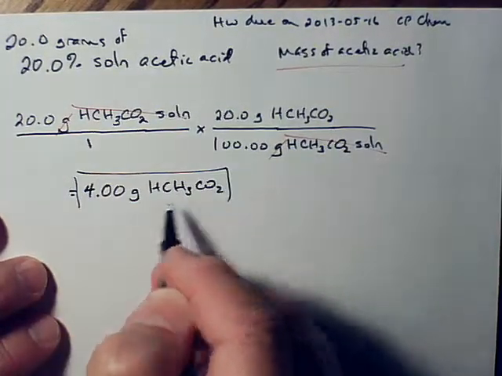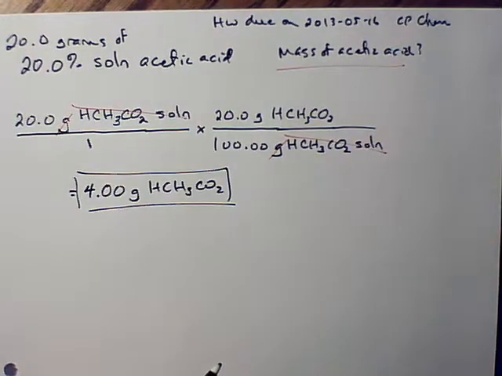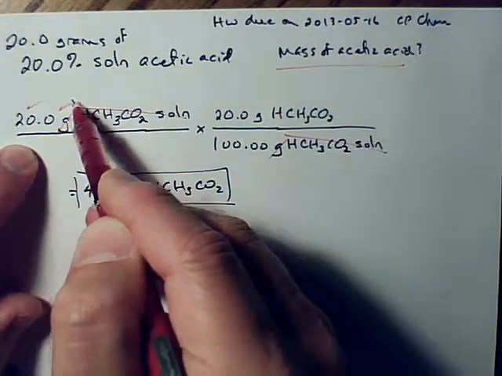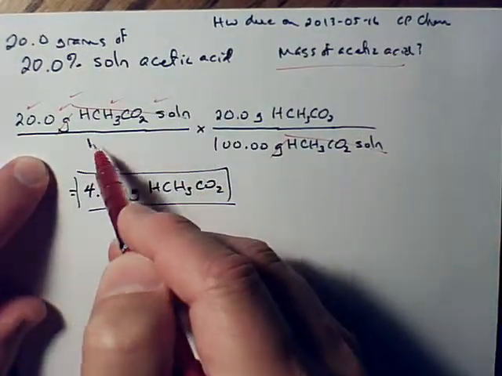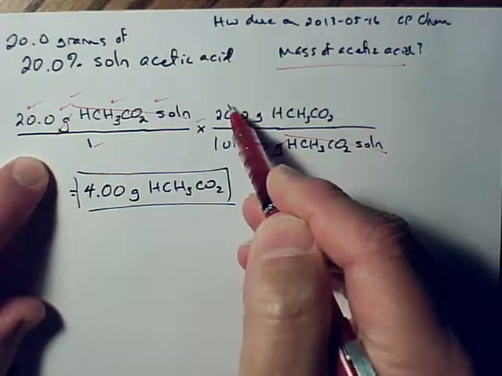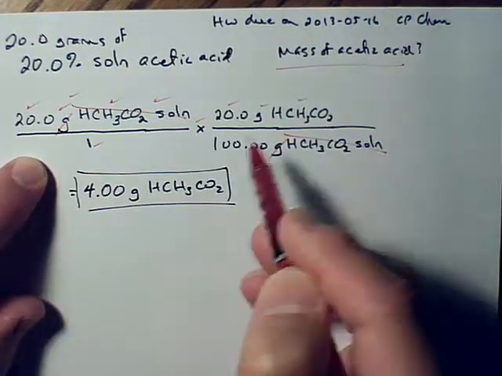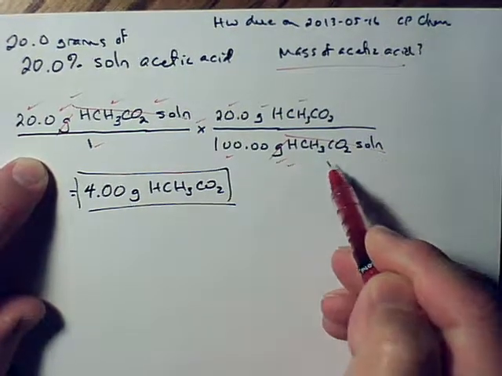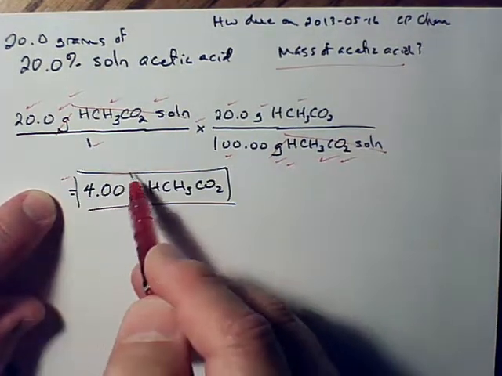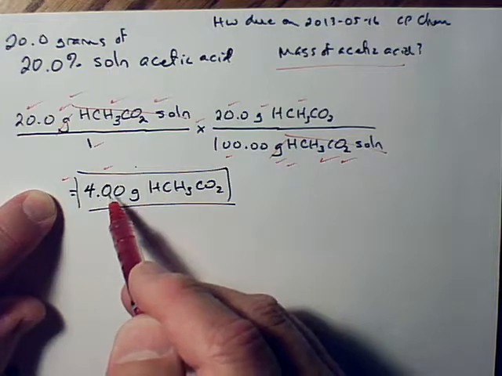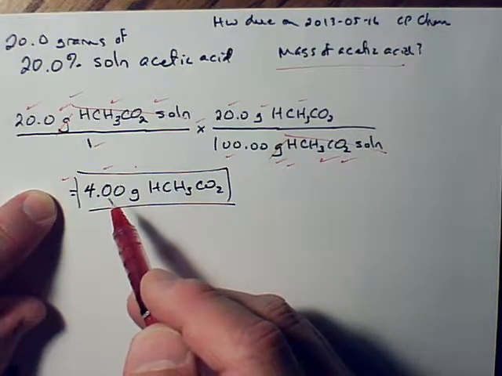And there's your final answer. Don't even have to go through the rounding off process. Okay? All right. 20 grams, and cancel out the grams. Acetic acid solution, and cancel it out. Over 1 times 20 grams of acetic acid over 100 grams of acetic acid solution, and cancel it. Equals 4